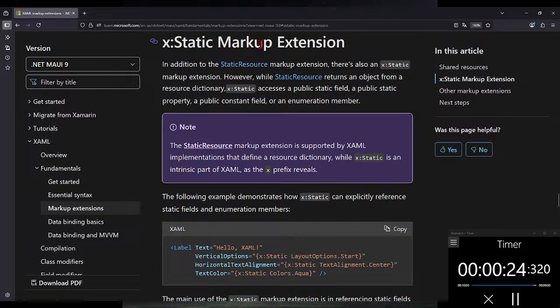x:Static markup extension. In addition to the static resource markup extension,